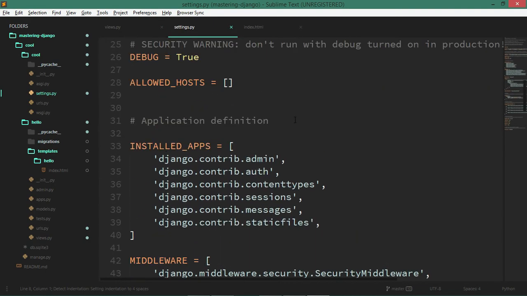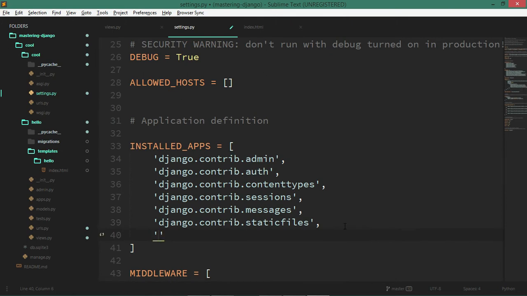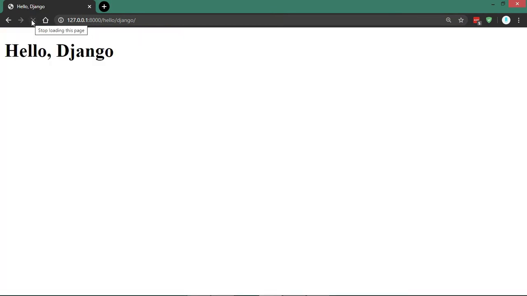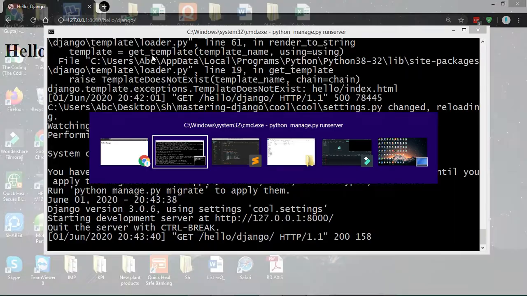So if you remember, we have this thing called installed apps. You can just come inside and say, include this app called hello as well. And once I do this, let it refresh, and ta-da, you are here. We can just have some drum rolls. Cool. So this is a place, and this is a way in which you can really render any HTML document.